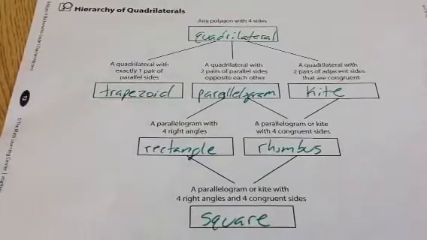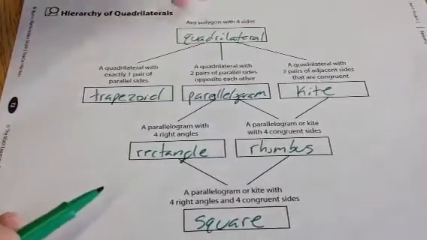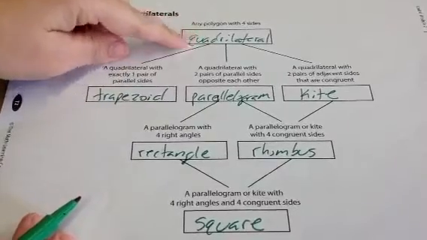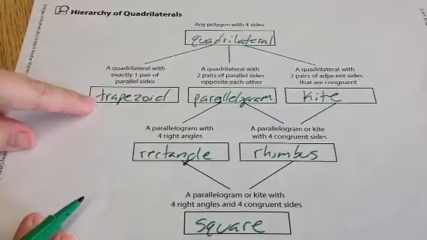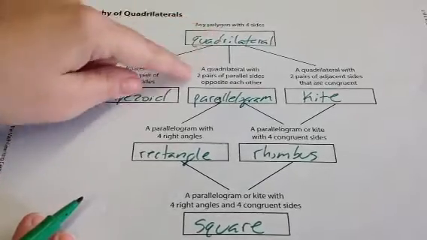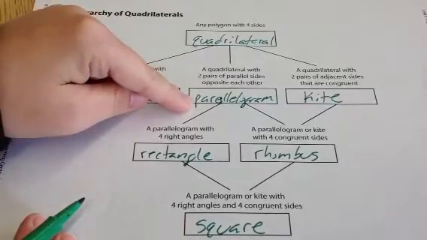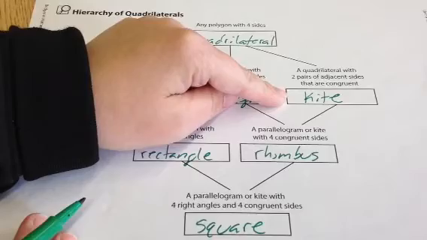This week we are continuing with our quadrilateral hierarchies. Here we have a completed hierarchy where it says any polygon with 4 sides is a quadrilateral. From there, a quadrilateral with exactly 1 pair of parallel sides is a trapezoid. A quadrilateral with 2 pairs of parallel sides opposite each other is a parallelogram. And a quadrilateral with 2 pairs of adjacent sides, which means next to each other, that are congruent is